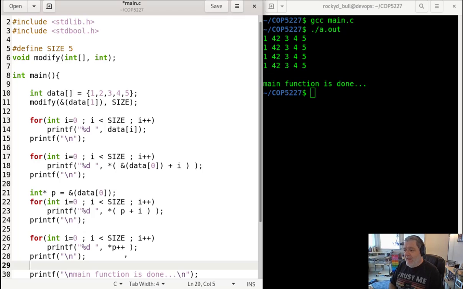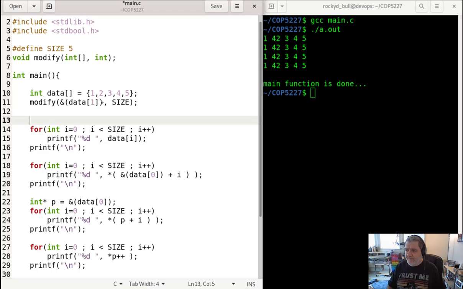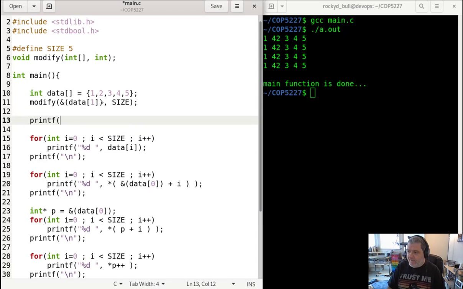Okay? All right. So another thing that I want to show you real quick, and we're going back and forth between the similarities and the differences between arrays and pointers. What happens when I use my brand new operator sizeof, and I do things like sizeof data, and I'm going to display here